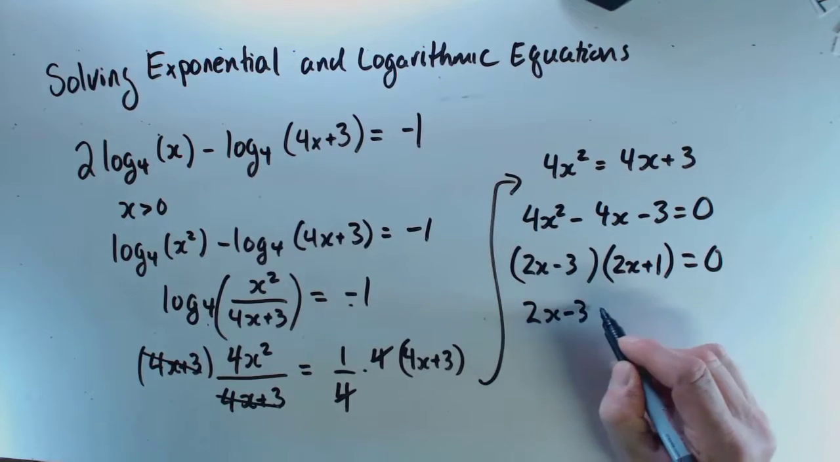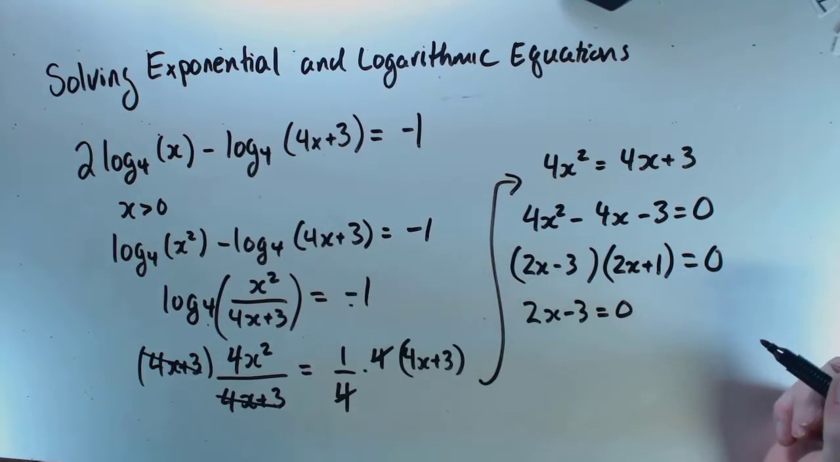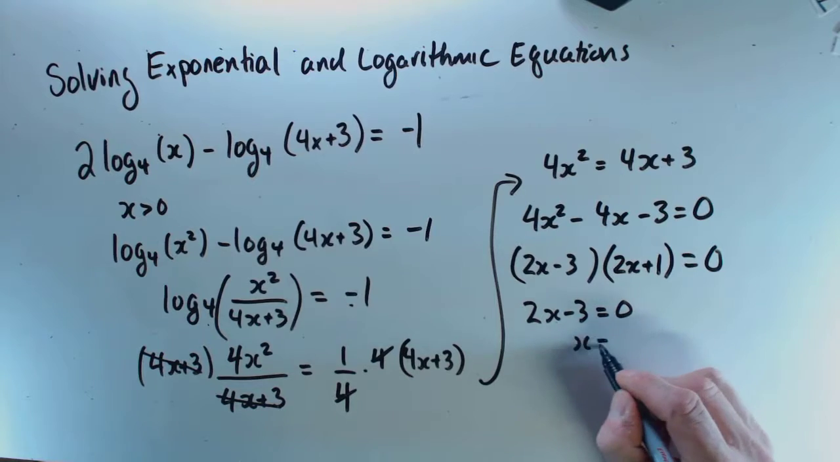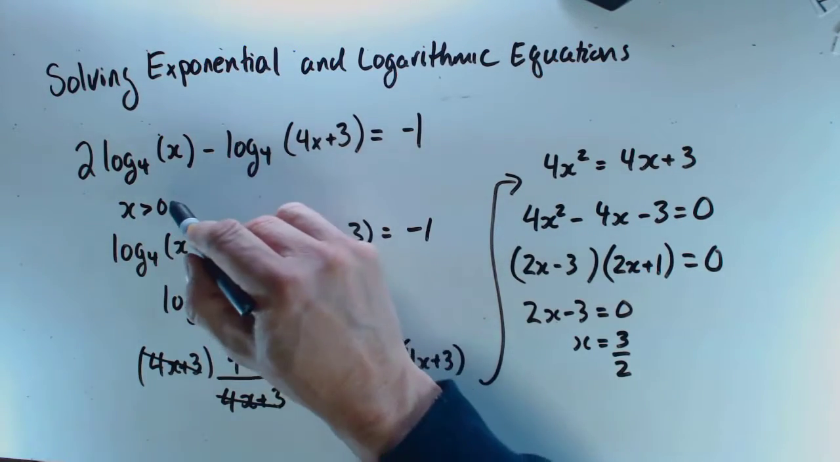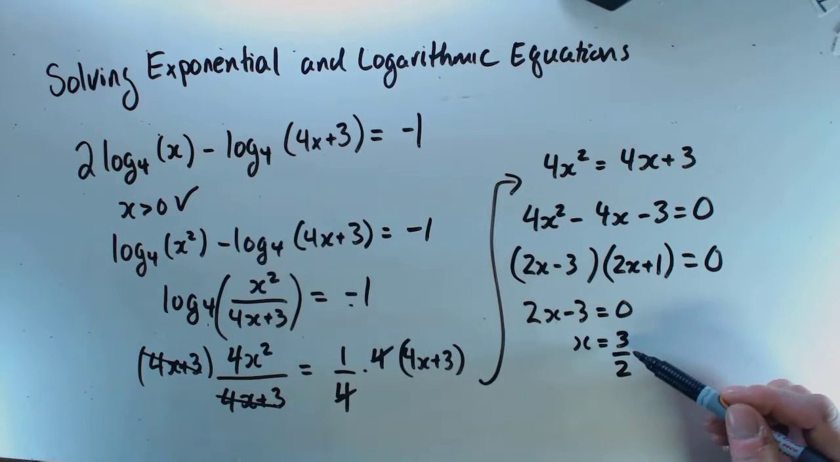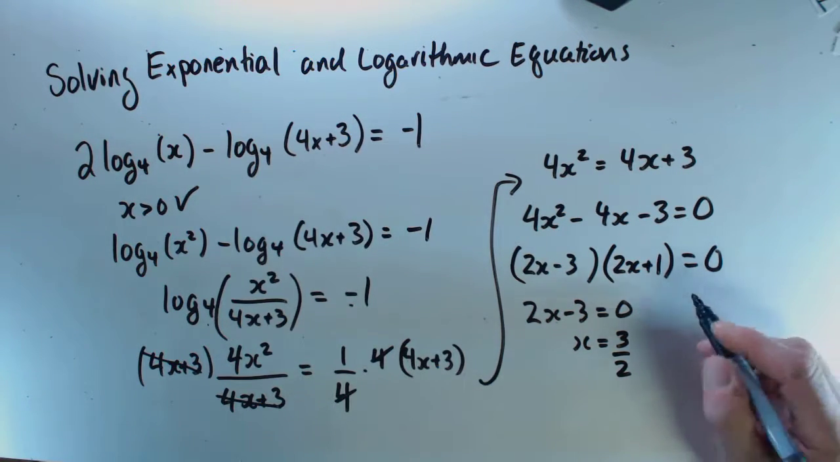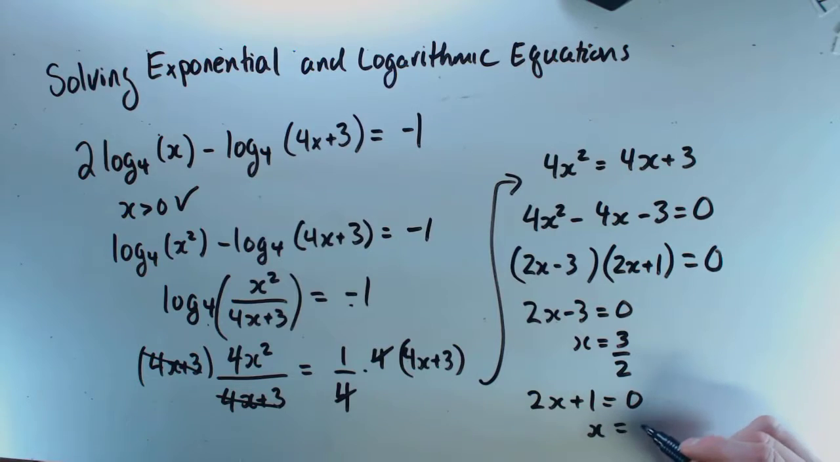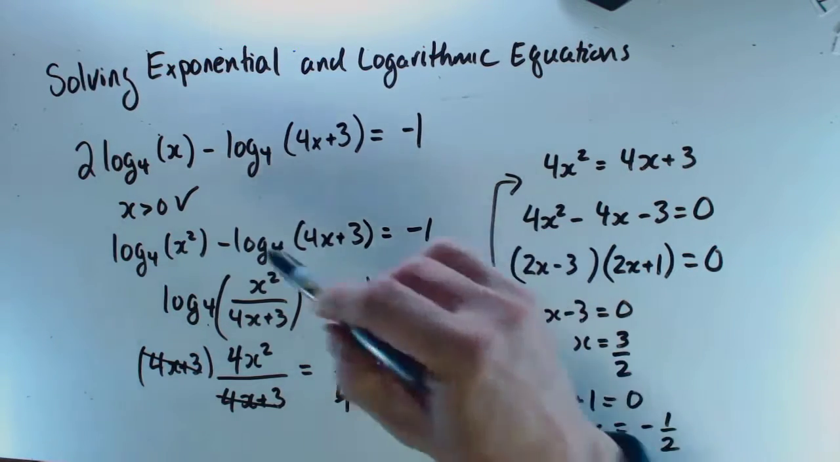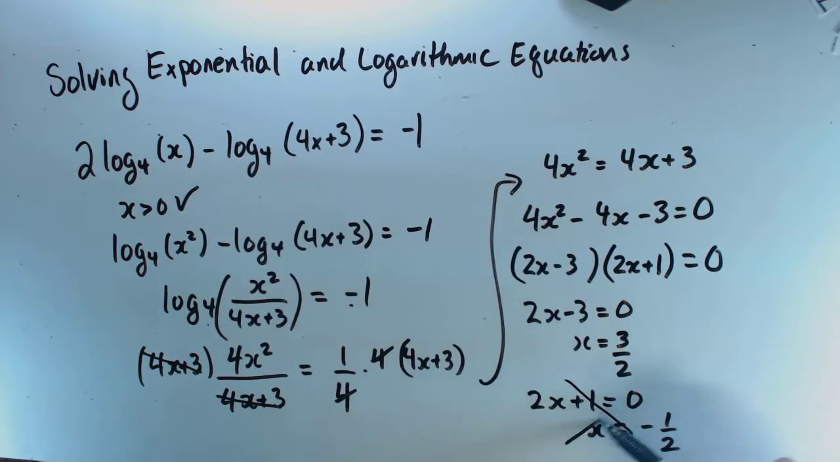So 2x minus 3 being equal to 0 is going to make that true, which means that x would be equal to 3 halves. Okay. And sure, that meets this restriction over here. So this one's good. Let's do the other one, because this could also make it true. 2x plus 1 is equal to 0. So x is equal to negative 1/2. And this one does not matter because it is not greater than 0. And so that's not a solution. Okay, so there we have it. We've solved this second sort of